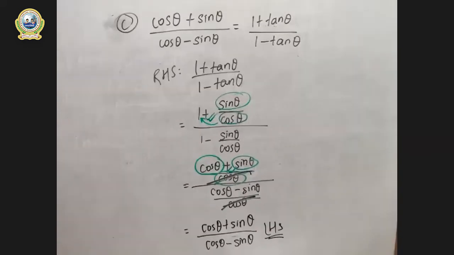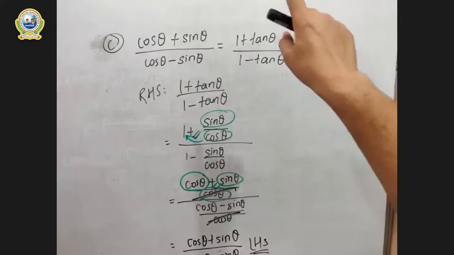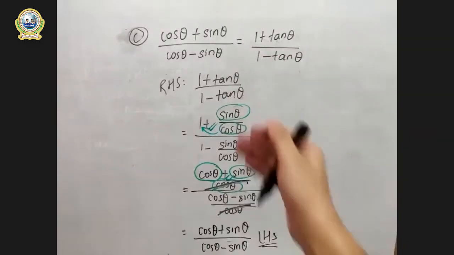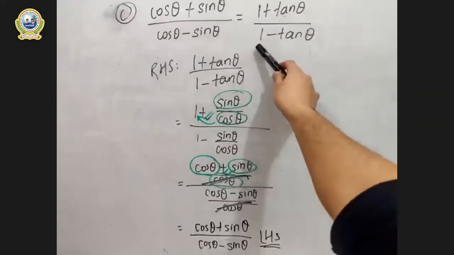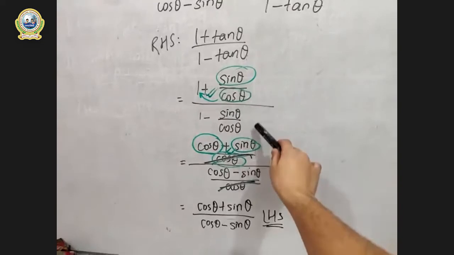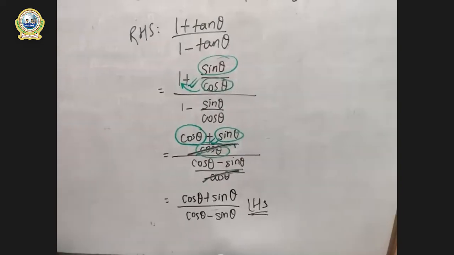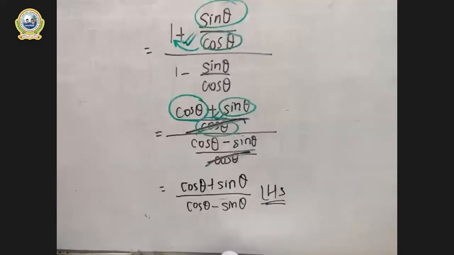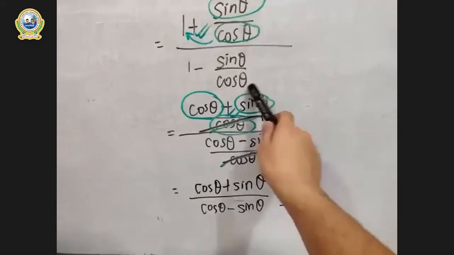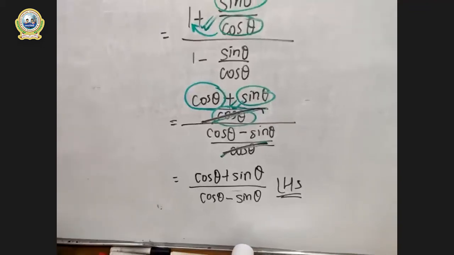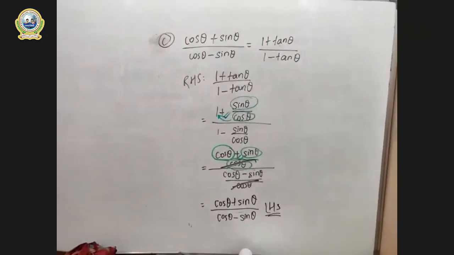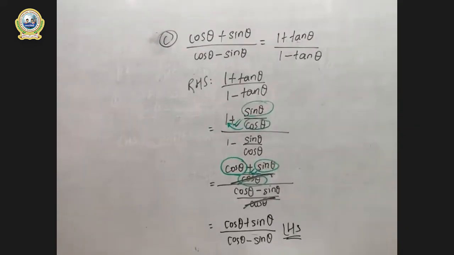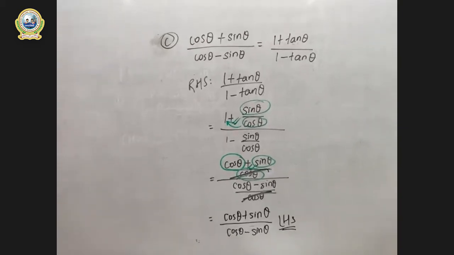Should I repeat this? Let me repeat it once. I started from the right because there was a possibility of using sine by cos in place of tan. So I wrote the RHS first, and then I converted tan into sine by cos, and then I took LCM, or you can say cross multiplication, and I cancelled the same term cos and cos from the denominator of both parts, and only the numerator of this and this will remain as the final answer. Is it clear? This one was also a very easy one. So I am showing this to you for the last time. Look at it clearly. So if there is any problem, you can ask me in chat.